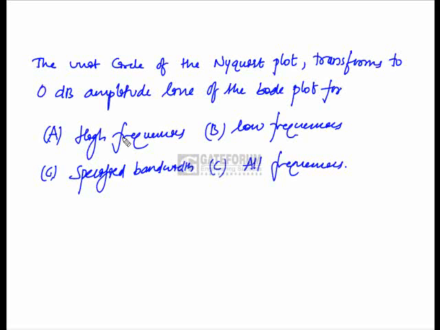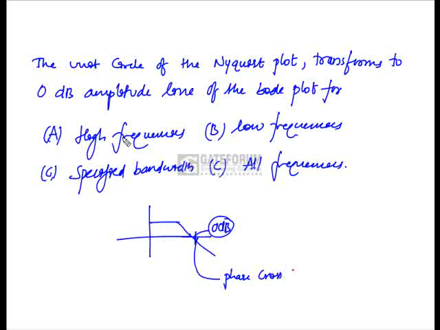Unit circle of the Nyquist plot transforms to 0 dB amplitude line of the Bode plot for. Now what is the 0 dB amplitude line of the Bode plot? Let us take a Bode plot like this. This is the 0 dB line. What is this one? This is nothing but a phase crossover frequency. It can be of any value, depends on